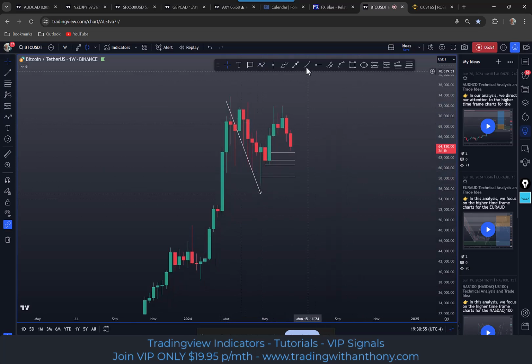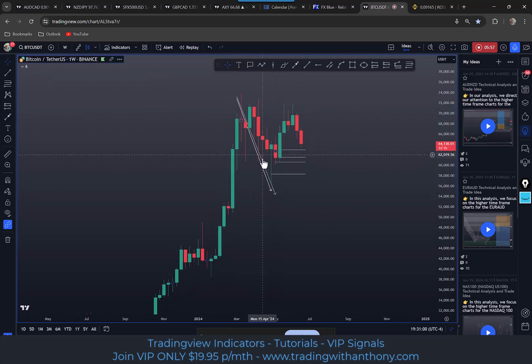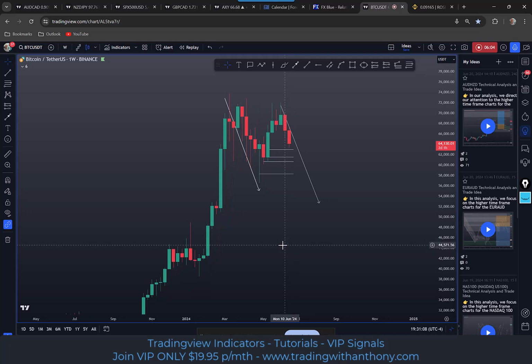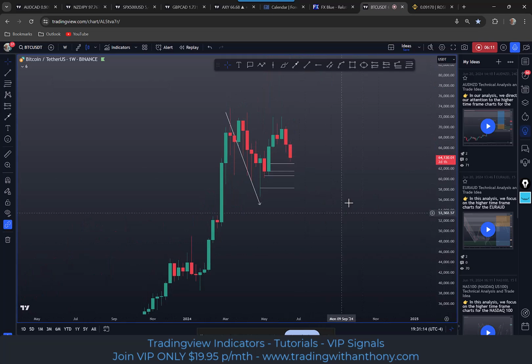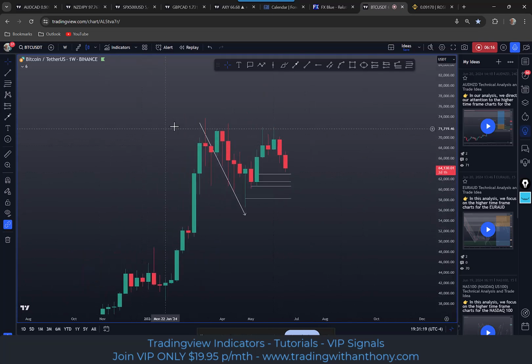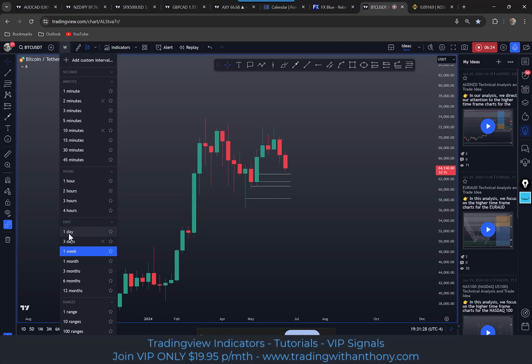All right. Let's just grab that measured move, for example, and pull it across. Just be careful, guys. Look, it moves in mysterious ways, right? In saying that, we've got these lows marked up, and coming back to current price action, I'm just going to be looking at the trend, looking at price action, and just seeing where